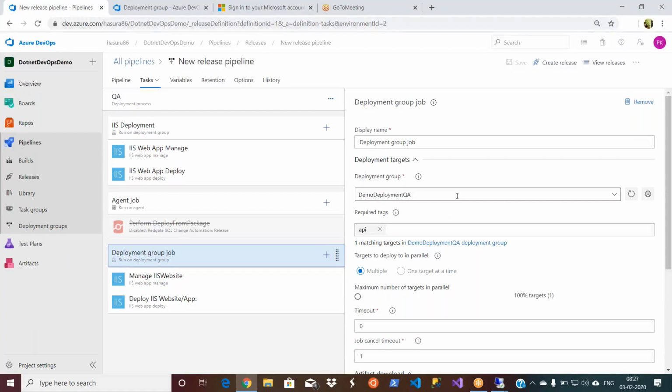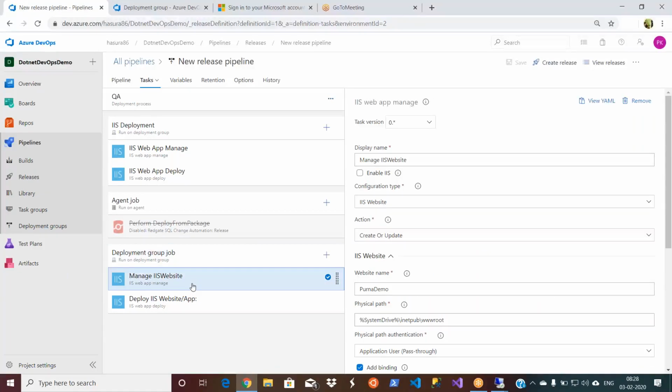This is the deployment group for our QA environment. But here my tag is API. That means when this job executes, it will deploy my API code into the server mentioned for the API, though this deployment group has 3 servers. Here also you can see one matching target. So it is very clear here.